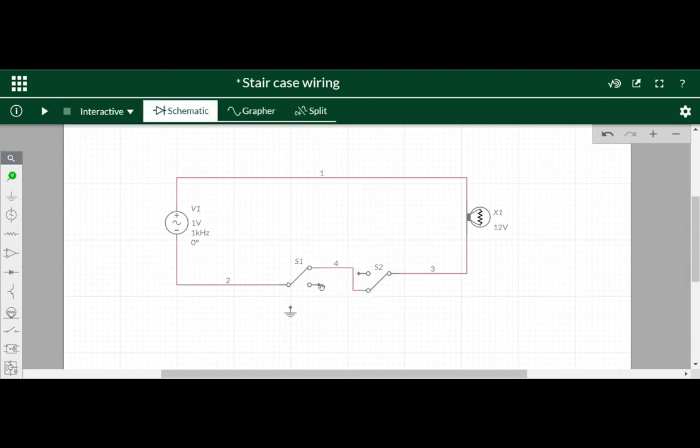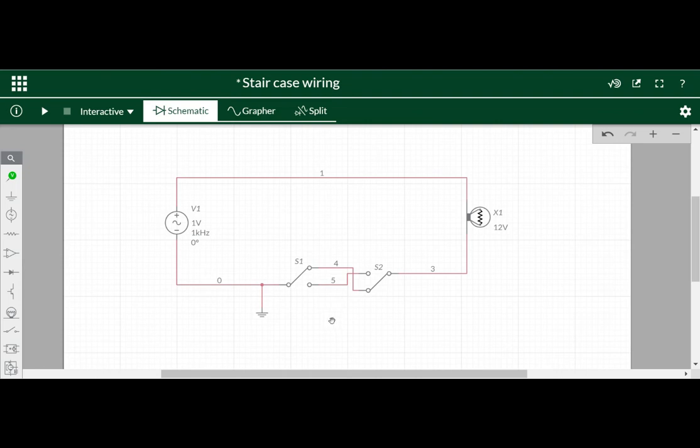Then another one is from this point to that point. Like this we can cross connect, and one switch I can join like this. It is connected, and I have to verify whether it is connected or not. See, it is connected, the line is there.